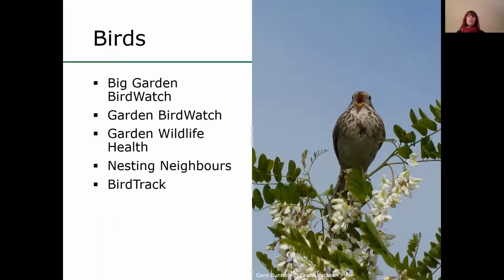Birds are fantastic indicator species. We know a lot about their ecology. They're found across lots of different habitats. They've got different diets, different niches, so different ways that they live their lives, and they're relatively easy to study, and they're relatively easy to observe. They're not always so easy to identify, but that is, I promise, just practice. So there's several different bird citizen science surveys that you can see there that you can become